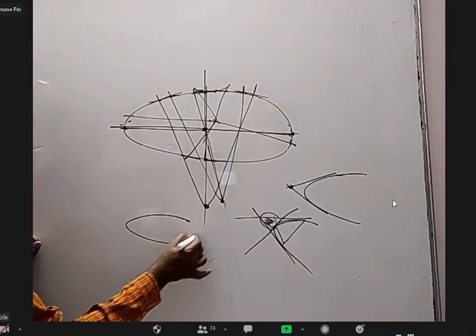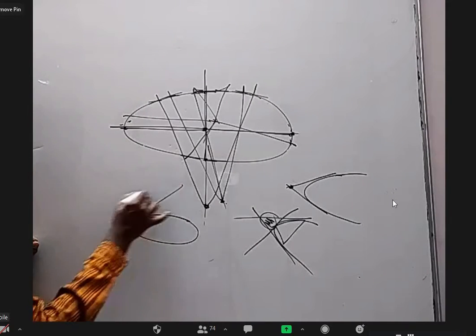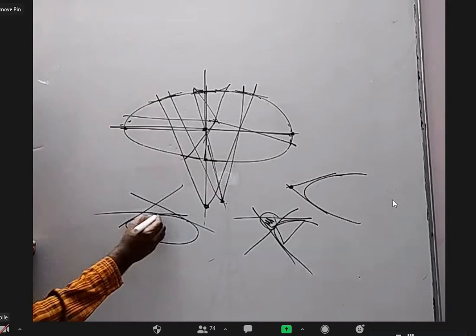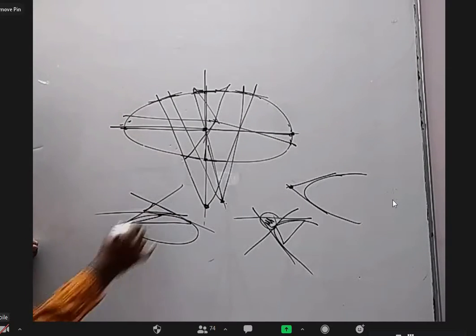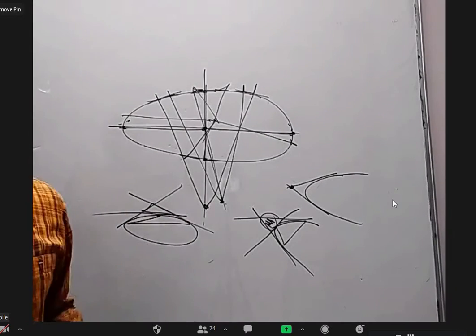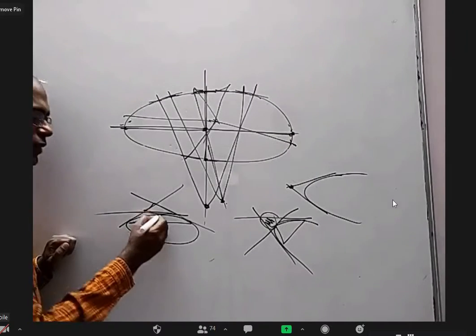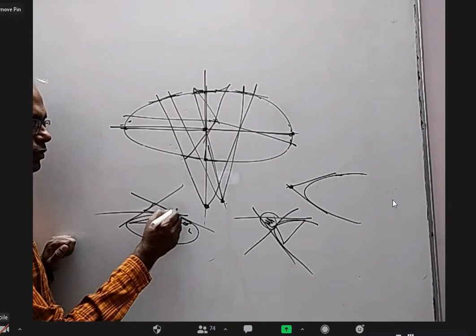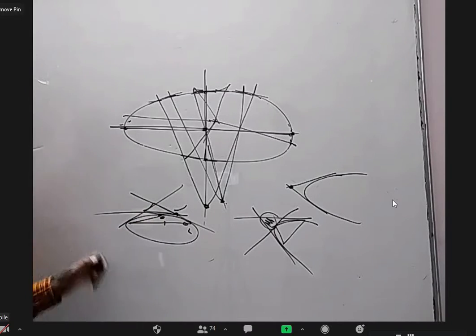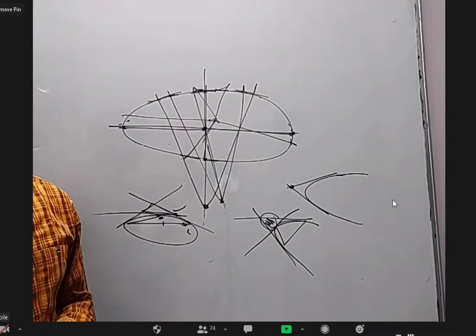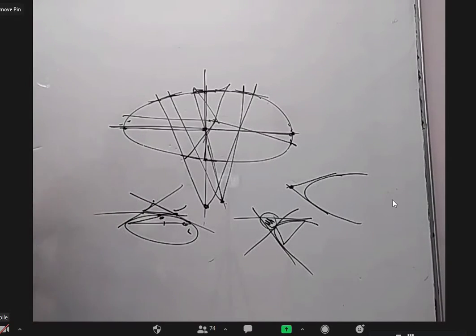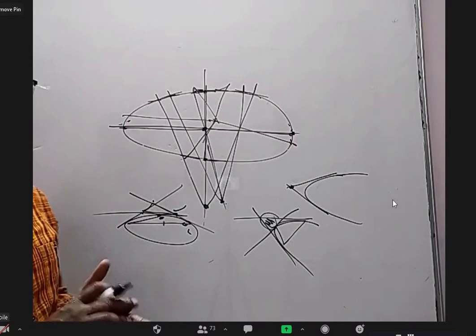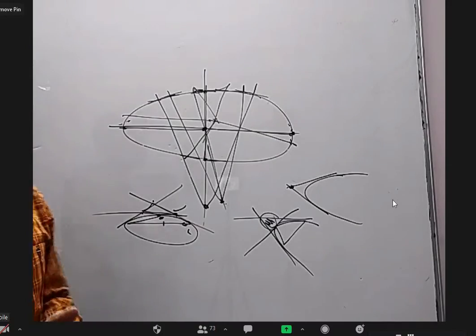Imagine a similar question in an ellipse; you will not be able to do it. You draw 3 tangents and take these 3 points, and ask about the area of this triangle and this triangle. There may be a relation, but it is not easy for us to find. Why? If this is theta1 and this is theta2, we don't have any formula for the point of intersection of tangents at theta1 and theta2, similarly this point, similarly this point. We can derive it, but it is not like a t1 t2, comma a into t1 plus t2.